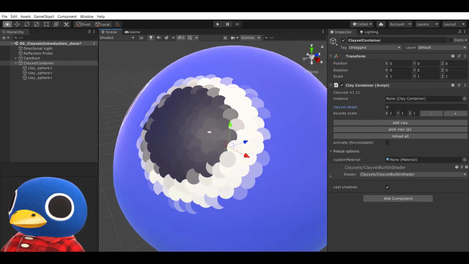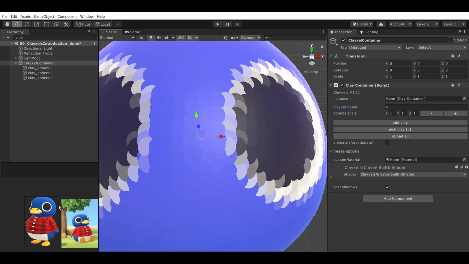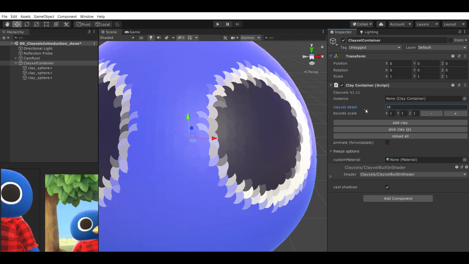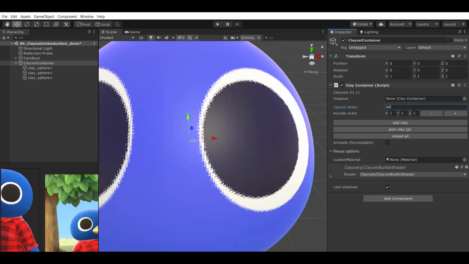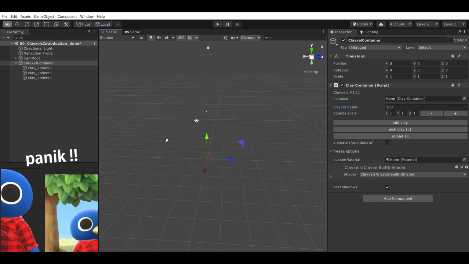That means that the clay is now more optimized, of course, but it's not really what we want for this character. We want a very detailed and a cute look, so we are just going to increase it. And by default, it's around 80. We can push it up to 100, but you will see that your object might disappear, and don't worry,